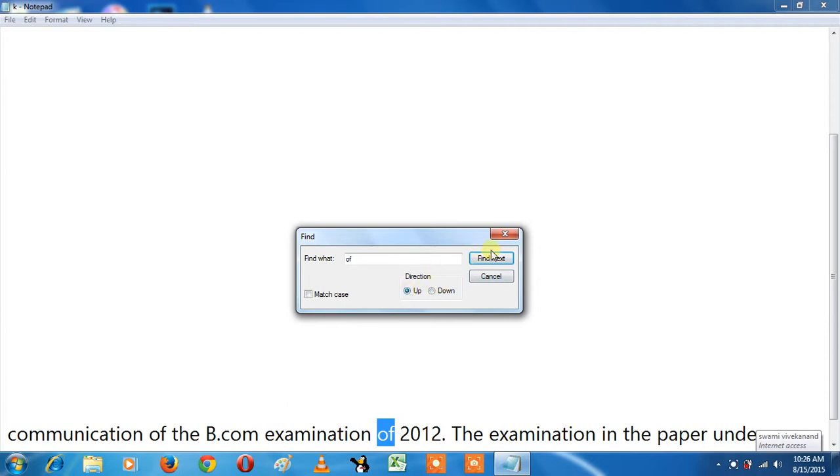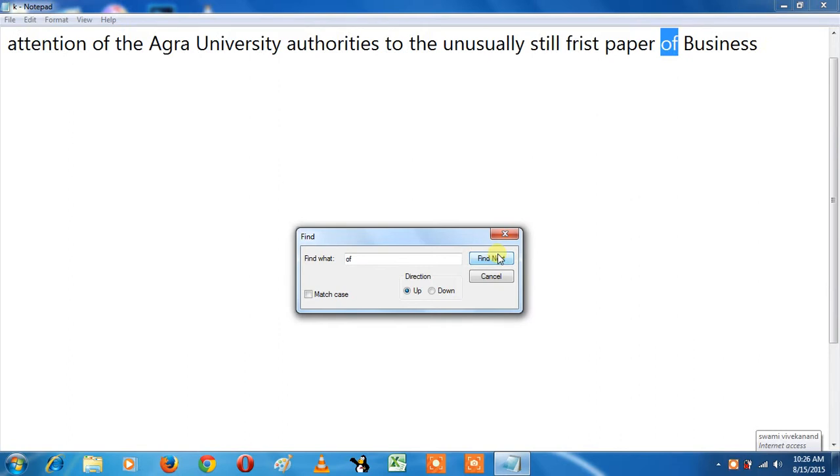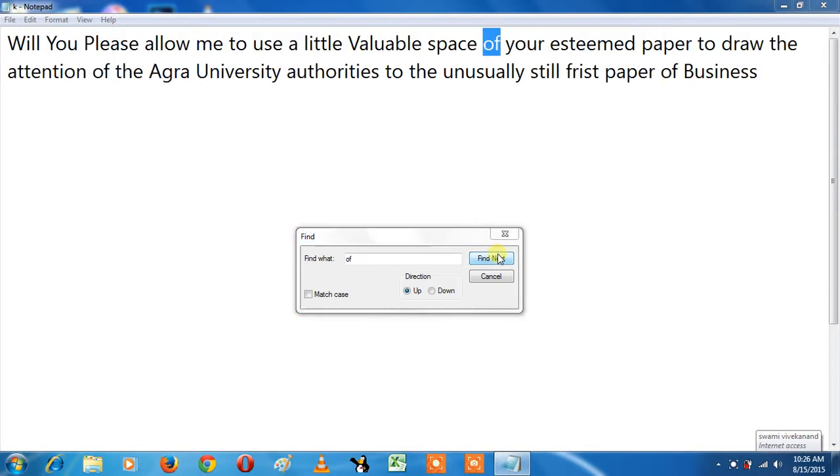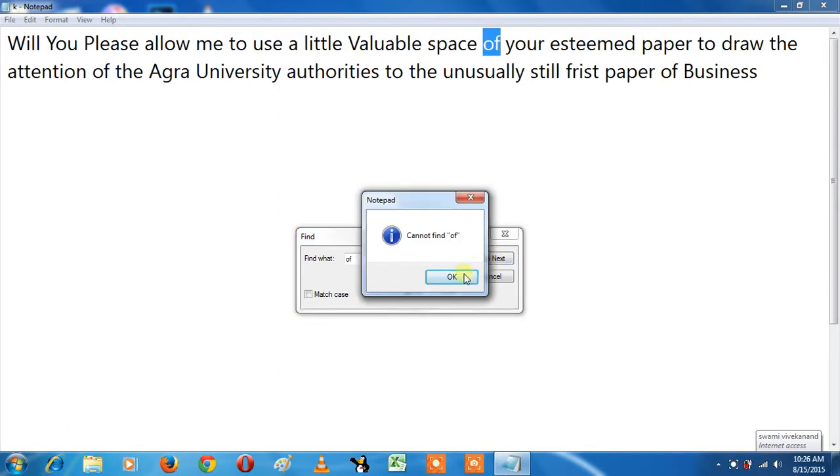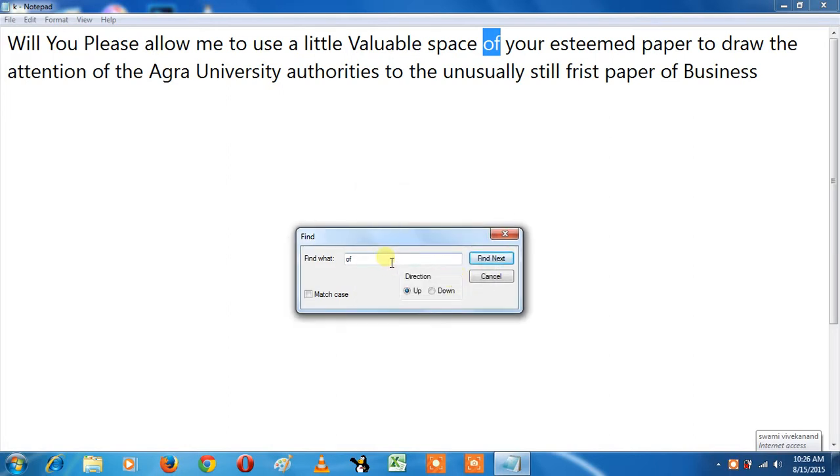We go to the upside: first is this, second, third, fourth, fifth, only five "of"s are present. If we search for 2, for example, then look at that, find 2.